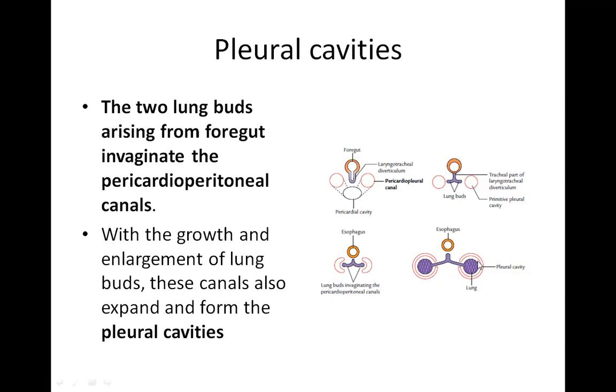So there are two layers of the pleural cavity. The inner one will form the visceral lining or the lining of the lung, and the outer one is forming the parietal layer of the pleura. So there are two layers of the pleura, the parietal layer and the visceral layer. So visceral layer is always derived from the splanchnopleuric mesoderm, right?